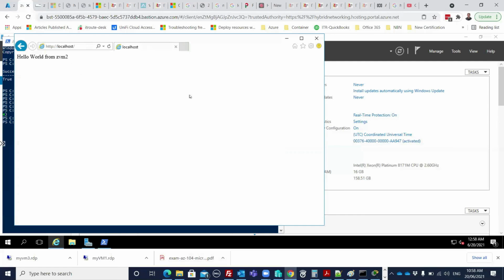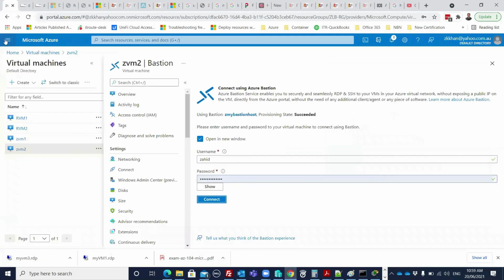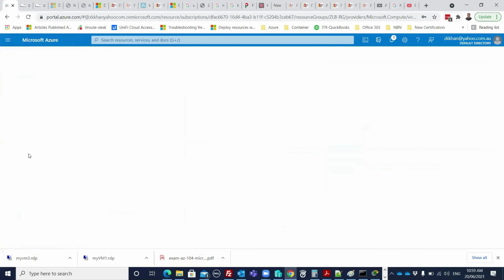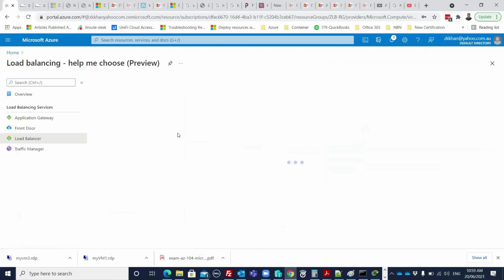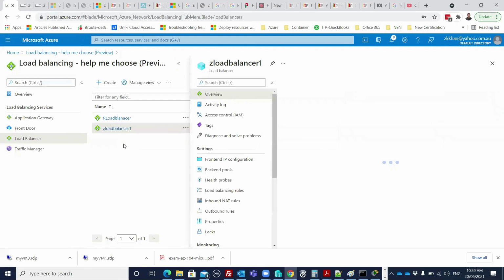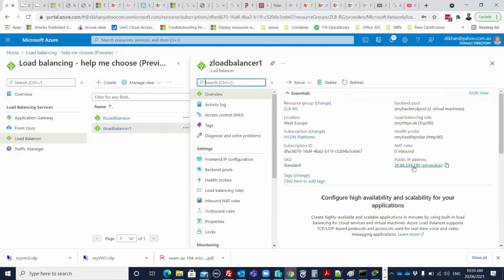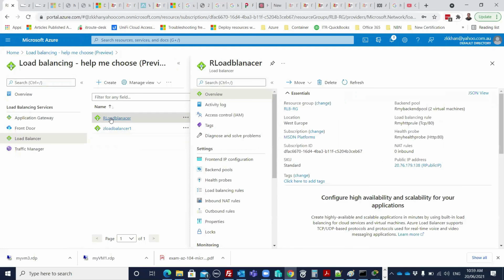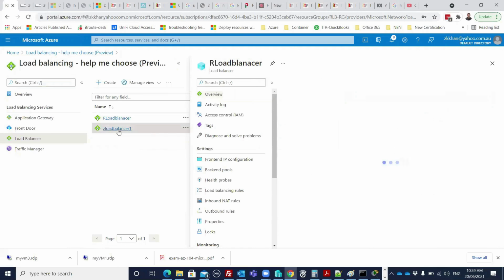So once this is done, then we can check our load balancer. We'll go to menu. We go to our load balancer. And in our load balancer, we have the public IP. If I go to my load balancer, my public IP address is 234.180. How about the Rohitesh one? See, you got a different one because we created different ones, so you got 138. That's fine. If I go to load balancer 1,